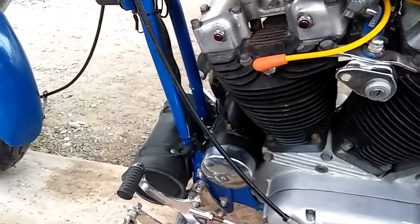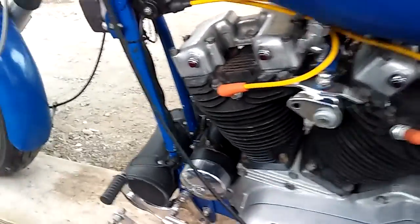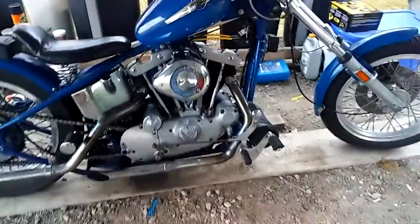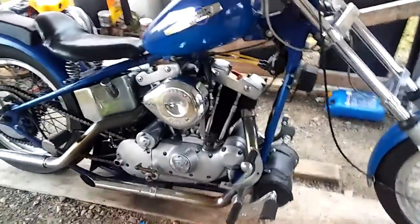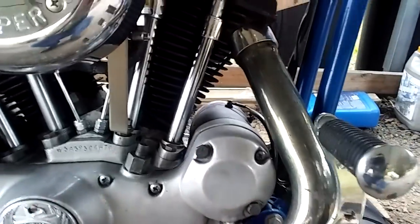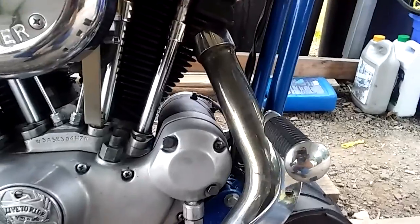You can buy the parts online most of the time. You can also just take your generator off. Of course, you'll have to repolarize, which I'll show a polarization video here sometime on how to do that on a generator. But you take your generator off. It's bolted on by 2 simple bolts. Remove these 2 bolts. You take your regulator off, and your battery will most likely stay charged if you charge